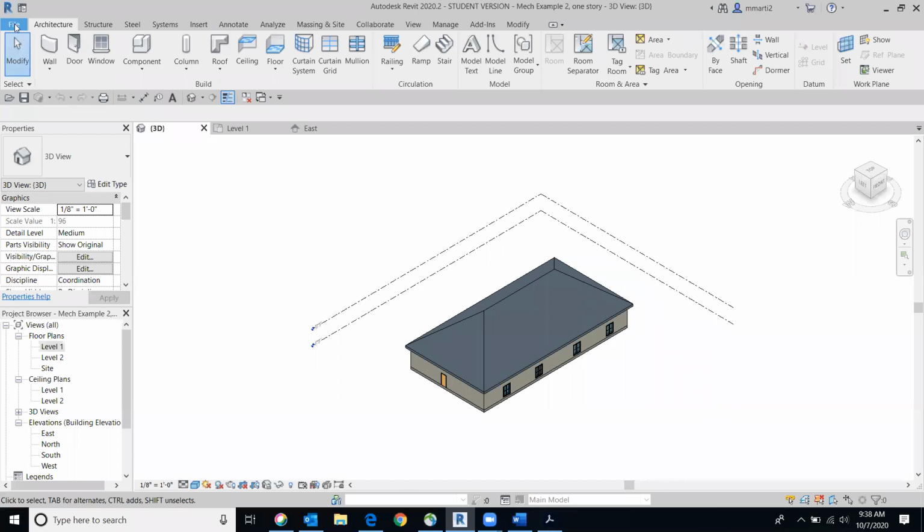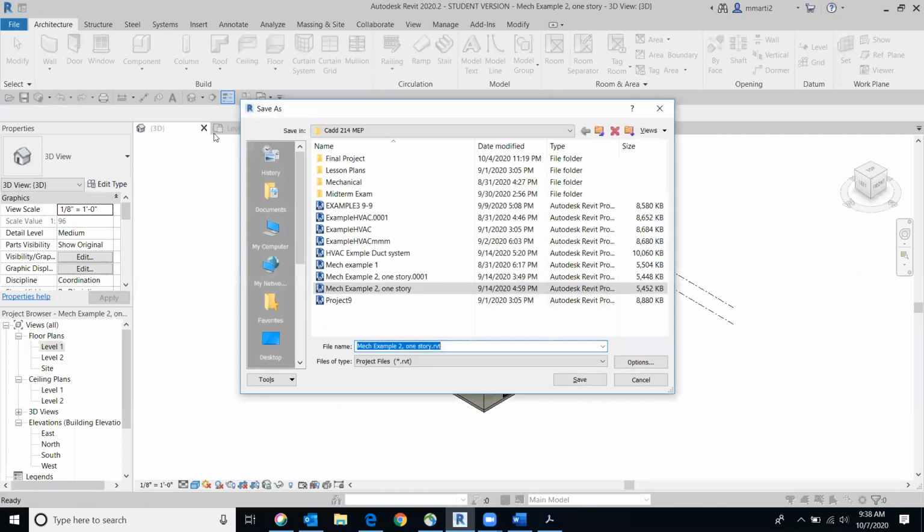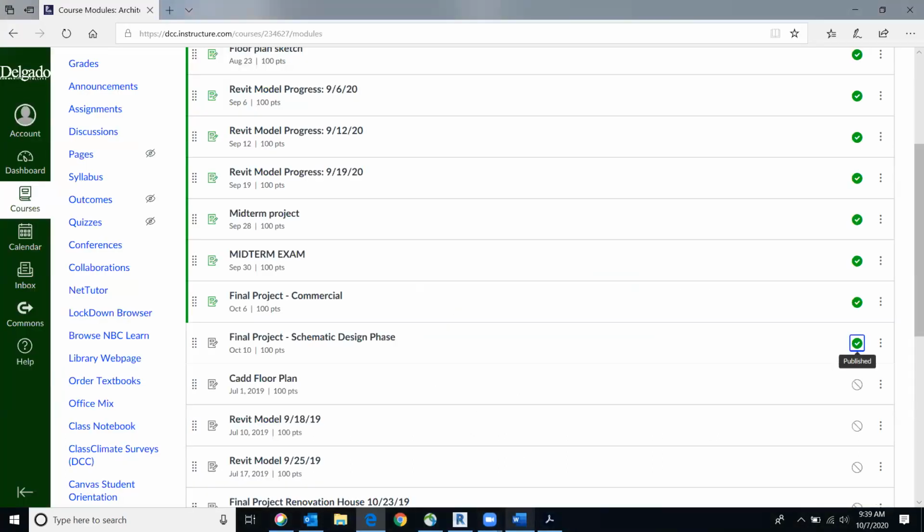What I'd like you to do is go into File, Save As, Project, and then rename this project as your Final Project Renovation, and we'll begin work on that. That way, at the end of this project, you'll have your original, and then you'll have your renovation, and we can see the progress that you've made between the two. So once you have that saved,